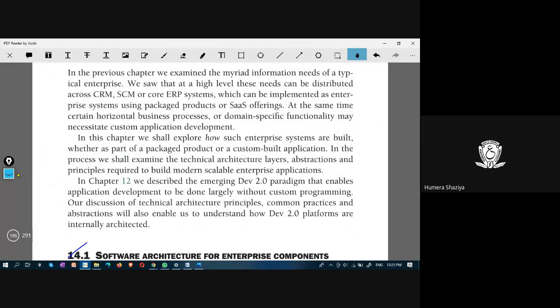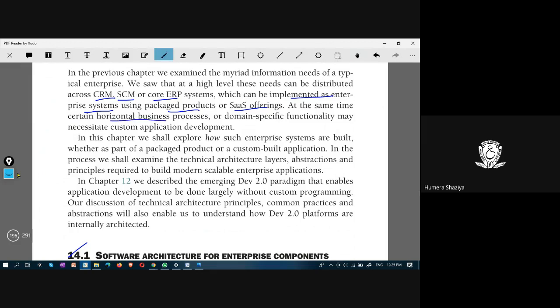So in our previous chapter, we learned about CRM, SCM, core ERP systems, which are implemented as enterprise systems using packaged products or SaaS. On cloud also you can use this.